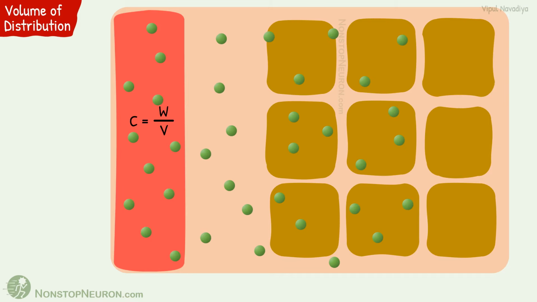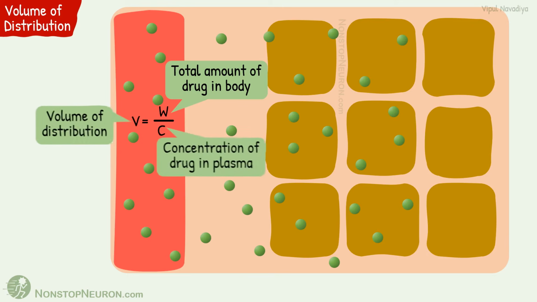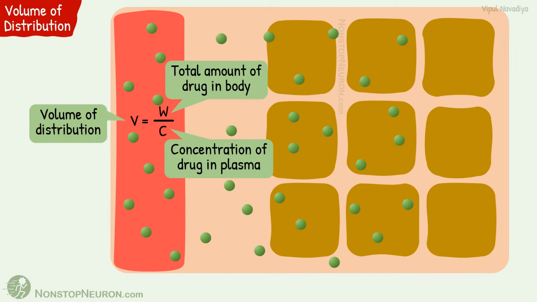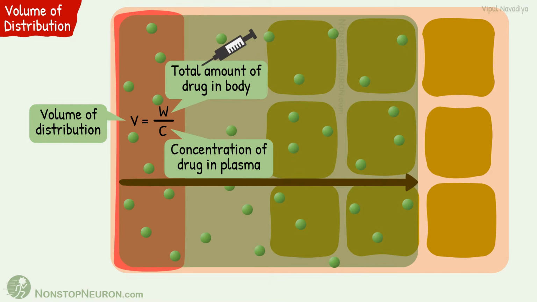Concentration is equal to weight of solute divided by volume of solution. For our purpose, it will be concentration of drug in plasma is equal to total amount of drug in body divided by volume of space where the drug has spread, or in fancy words, volume of distribution. And it will be rearranged like this. So volume of distribution is equal to total amount of drug in body divided by plasma concentration of the drug. We can know the total amount of drug in body from the dose that we have given. The plasma concentration shows how much the drug is getting diluted. So the volume that we get from these numbers is the volume of space where the drug is spreading.